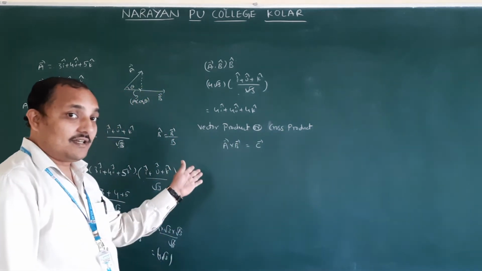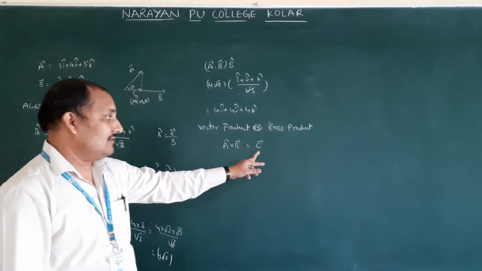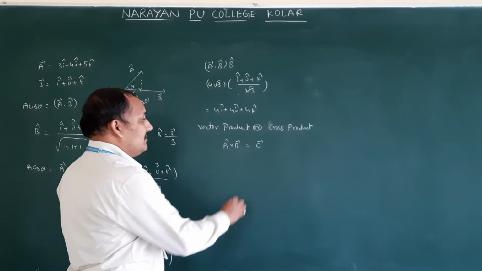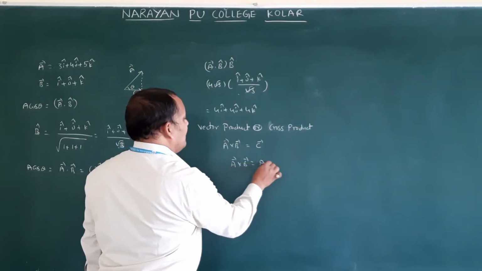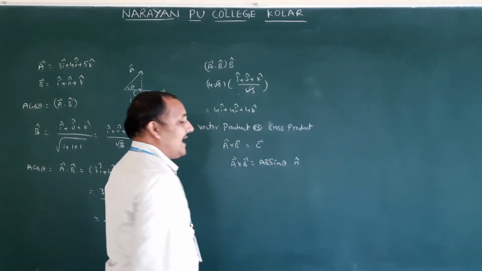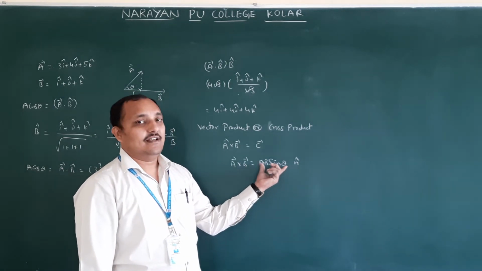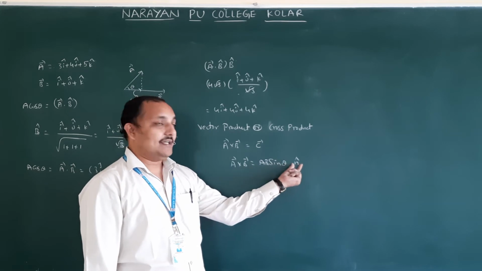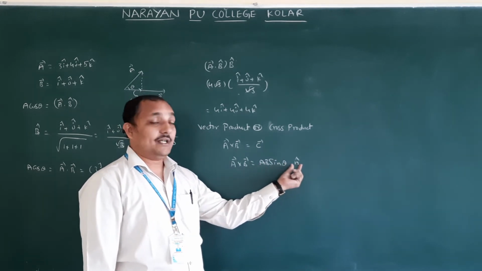Yesterday we got A bar dot B bar is equal to C. For C and C bar, so much change is there. C bar means this is a vector; C means only magnitude. A bar cross B bar is equal to A B sin theta n cap. This n cap is very, very important. If you know only A B sin theta, that is only a scalar. This scalar is multiplied with n cap, which means this scalar is going to become a vector.